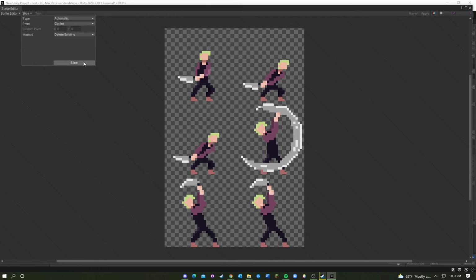There is an automatic slice, but since the different frames have different sizes, it'll slice it into different size pieces, which we don't want. So you could either do it by cell size or by cell count. By cell count, you would do like I have 3 rows, 2 columns. You would write that down. So you have 2 rows, 3 columns,